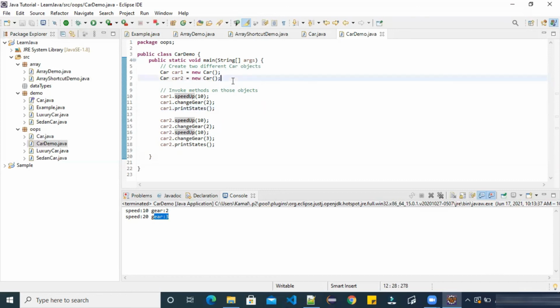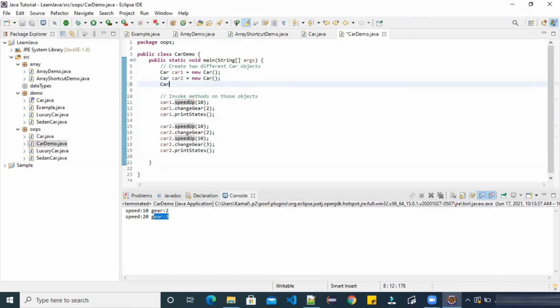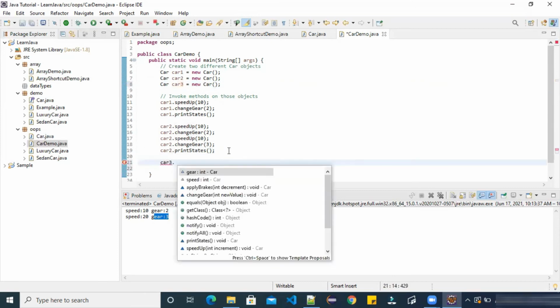Okay, let's create one more car. car3 = new Car. Now you can see one more thing here, car3 dot. As soon as I type dot, it shows me suggestions, and you can see all the states here.